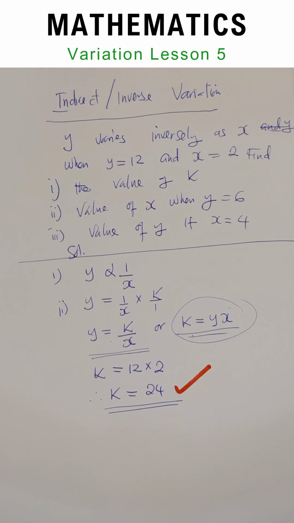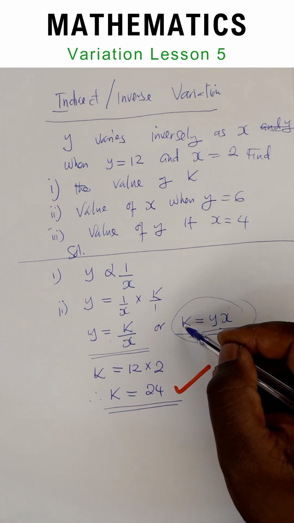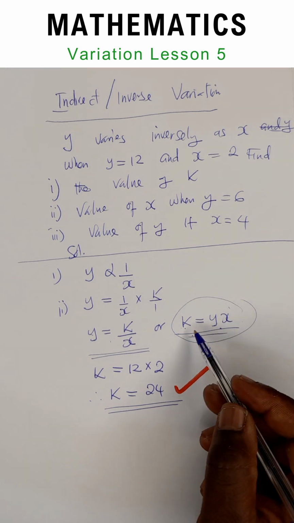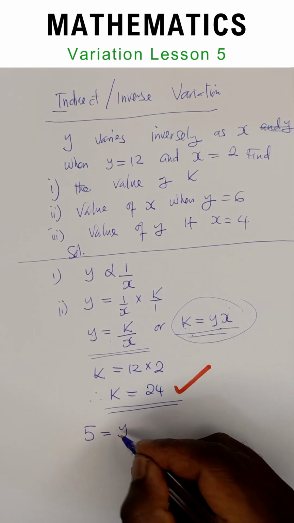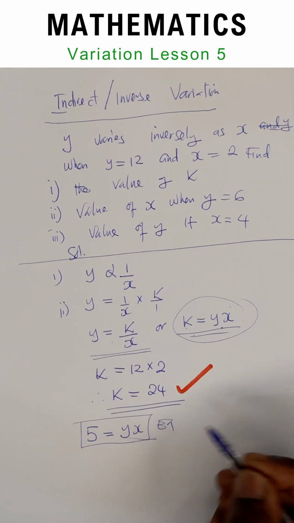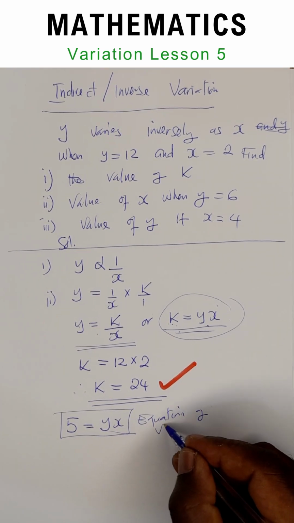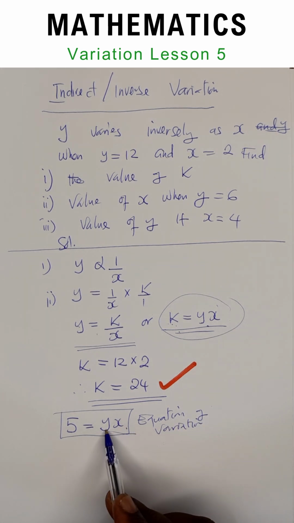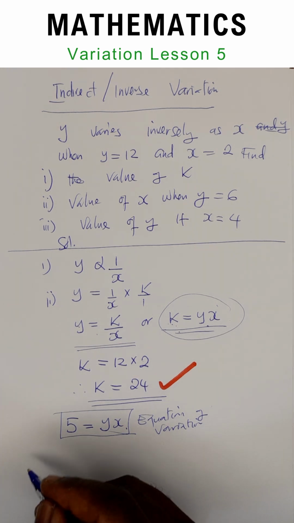Now, when you get your k, it's very important to come back to the root, like I'll come to this root. We know what k is. So I'll say 24 is equal to yx. This is an equation of variation. It will solve any component if you want x, as long as you have any of these to solve. So we go to question number 2, where they are saying